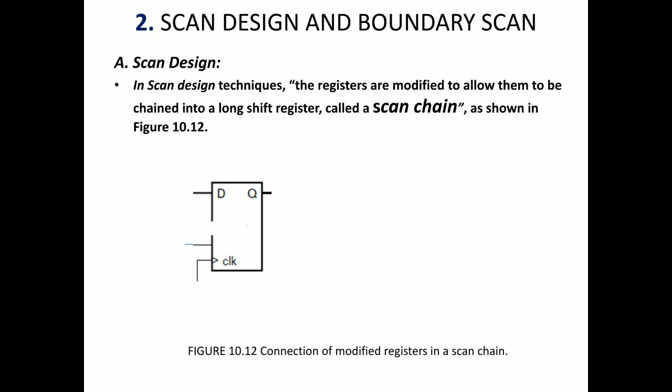Okay, here each of the registers is called a scan register, and since we are scanning, it means we are identifying the fault in the register. We are finding out the faults in the registers, and in order to find the faults the registers are modified into a chain of registers, so the name scan chain. Okay, we will see how the flip-flop will be modified.